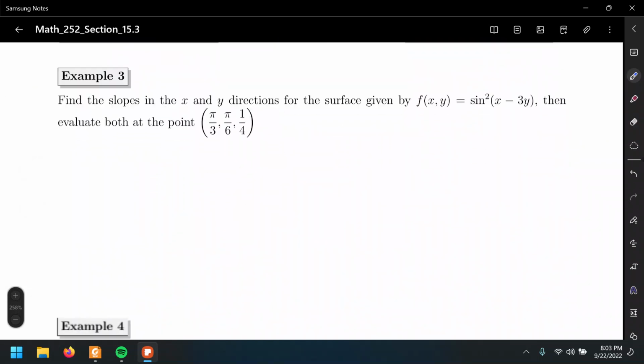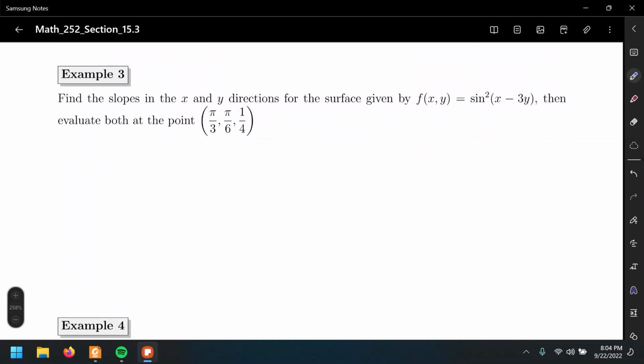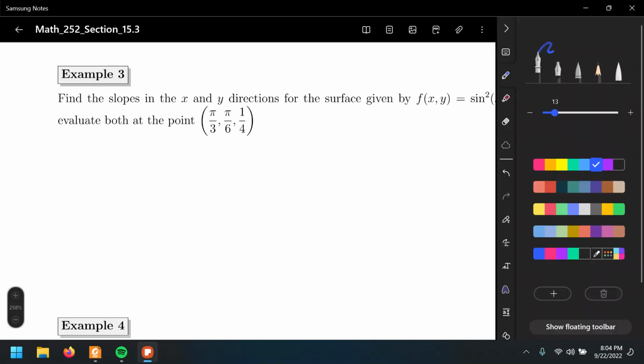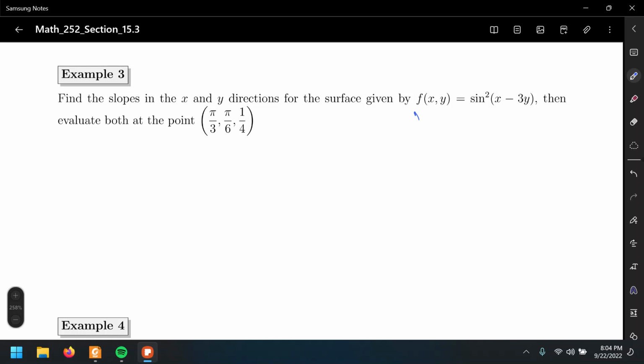Okay, let's keep practicing with partial derivatives. Find the slopes in the x and y directions for the surface given by f(x, y) equals sine squared of (x minus 3y). Then evaluate both at the point (pi over 3, pi over 6, 1/4). All right. So I would rewrite this function to make it easier to understand what we're going to do. So that's sine of (x minus 3y)